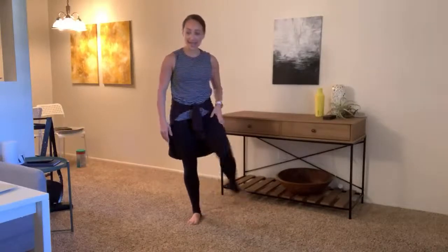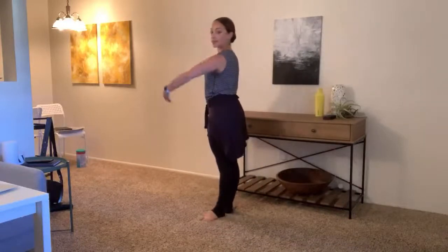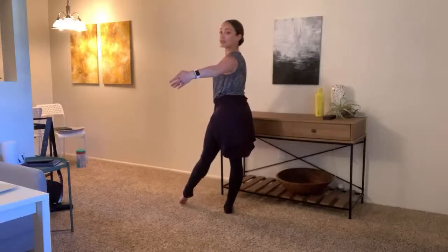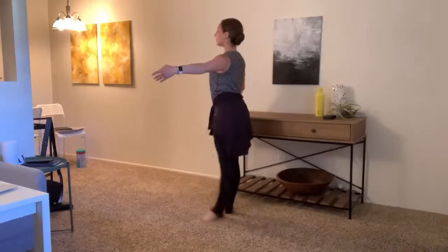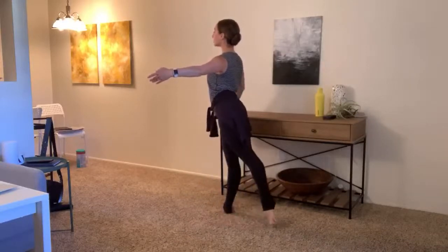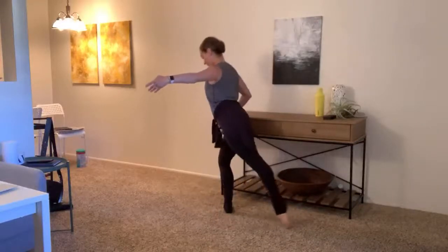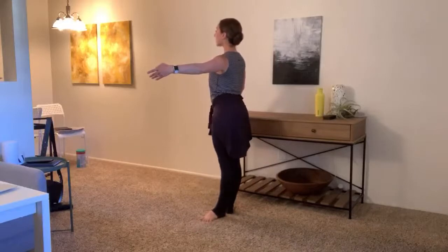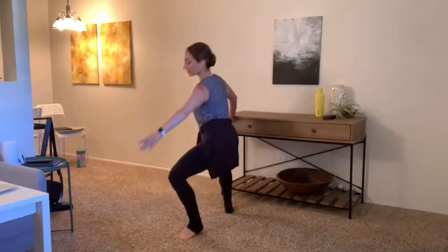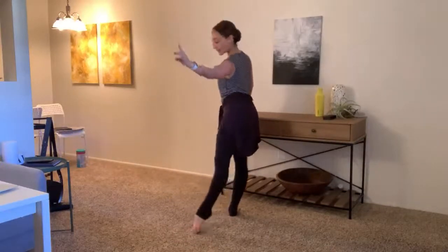All right, second side. Here we go, from first. To the front, through the foot, in and out. Brushing back, fondue quarter, starting back, brush, to the side, big plie away, try to take up your space, whatever space you have, adding the arm, 1,